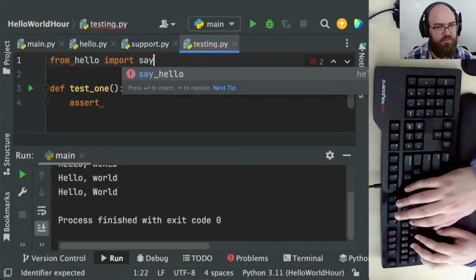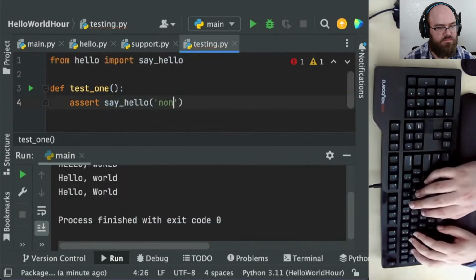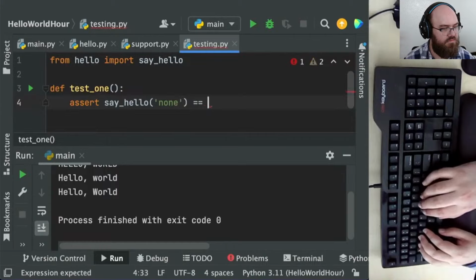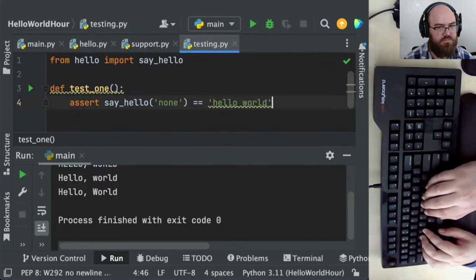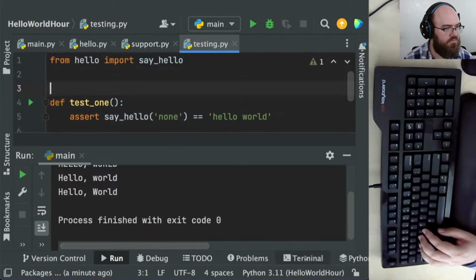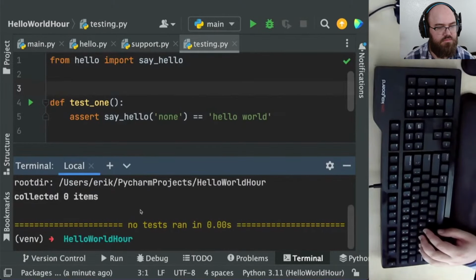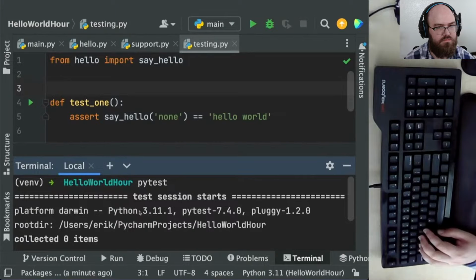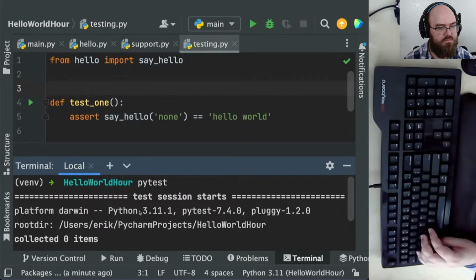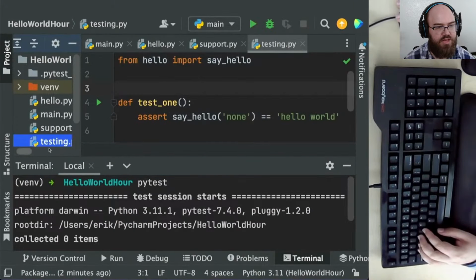Spoiler alert, it doesn't if you don't name your file correctly. Realizing I need to rename the file with the tests.